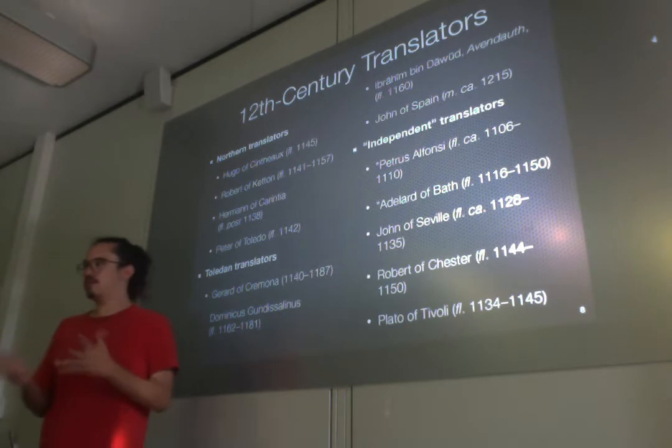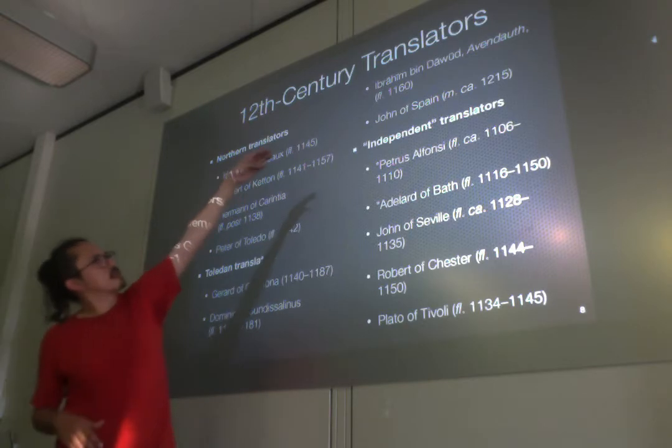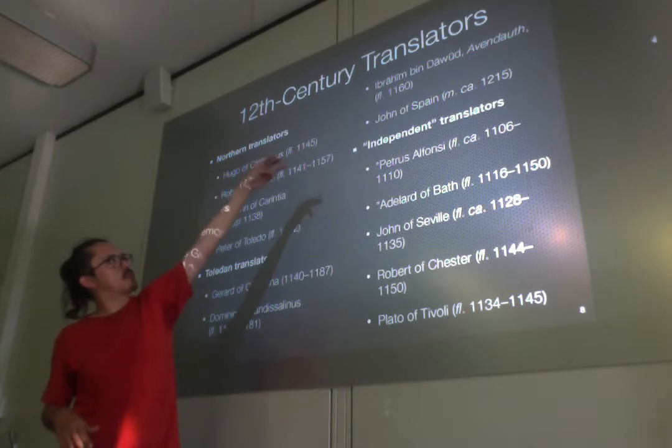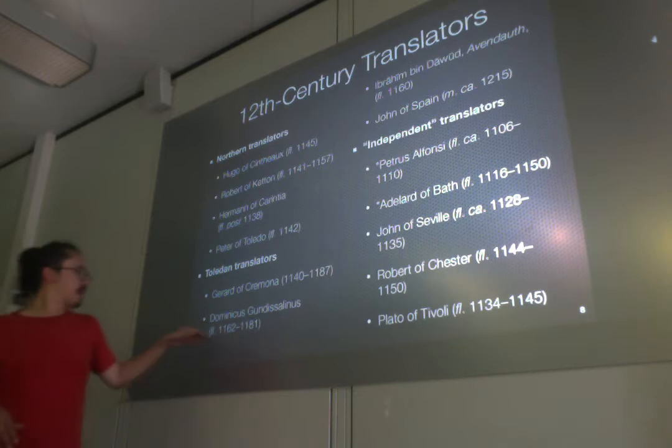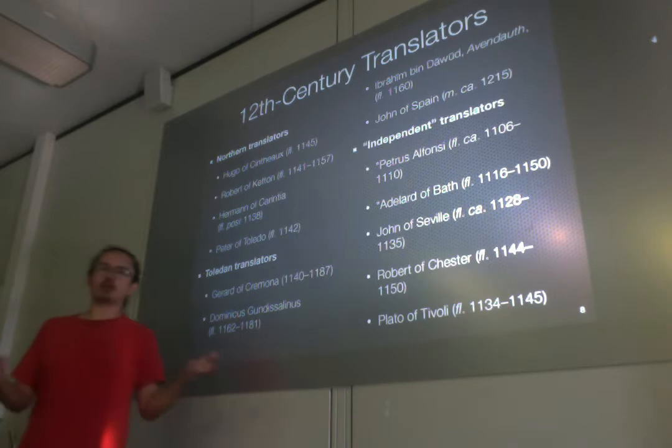We don't know this for sure, but the names of Ibrahim ibn Dawood and John of Spain always appear related to the name of Dominicus Gundisalinus,